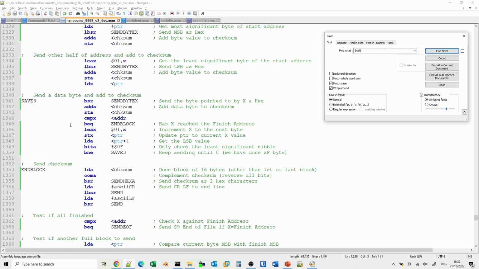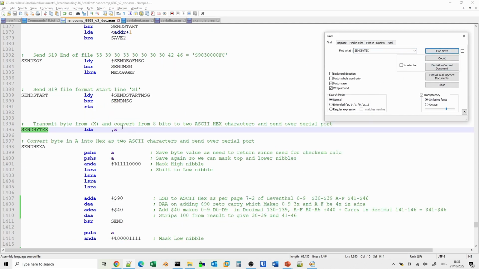So when we come to send the data, we have this routine here, which we'll have a look at and see what that does. So send byte at X, what that does is effectively takes the value of X, finds the value of A at X, and then saves it a couple of times because we'll need to use its return values and things.